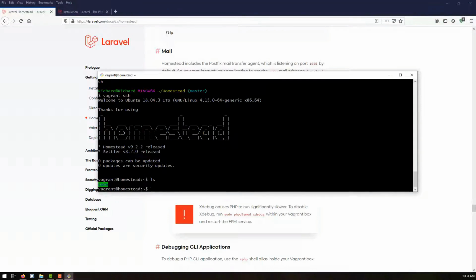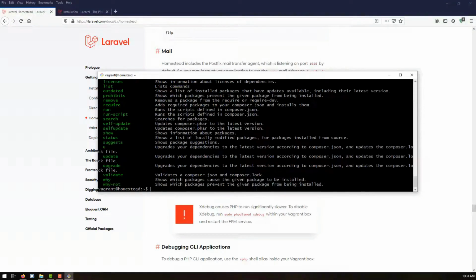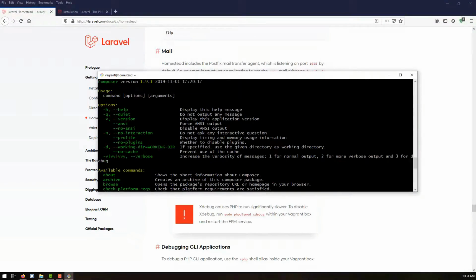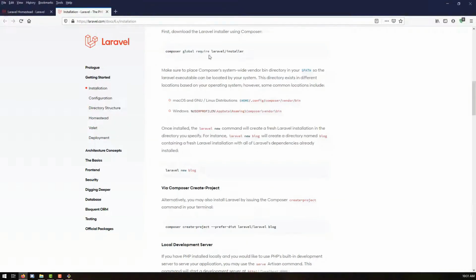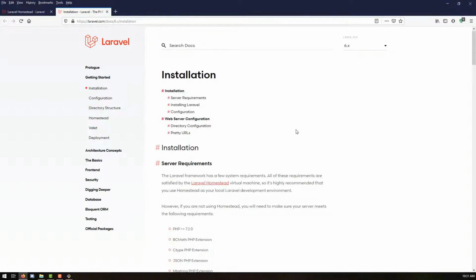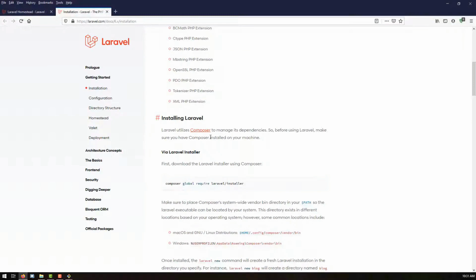So we are inside a code directory. What we need to do now is check for Composer. So composer -V, to see whether Composer is installed. So Composer is installed, and if you go to the Laravel installation docs, it says that we need to run a composer command to